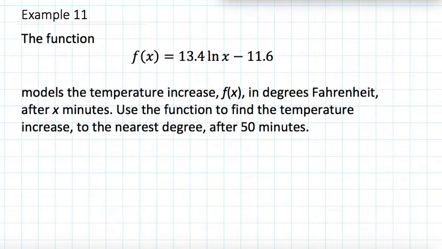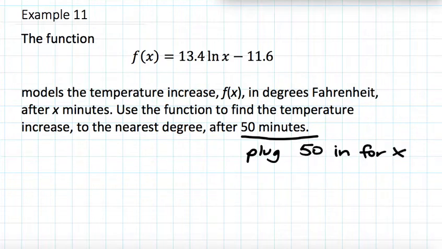So x is minutes, so all I'm going to do here is plug 50 in for x. So I'm going to calculate f of 50, which is going to be 13.4